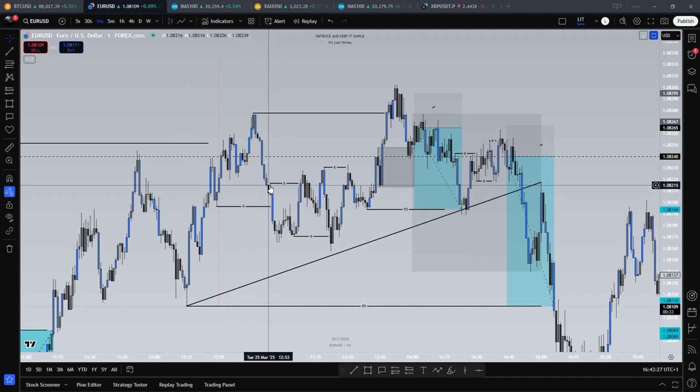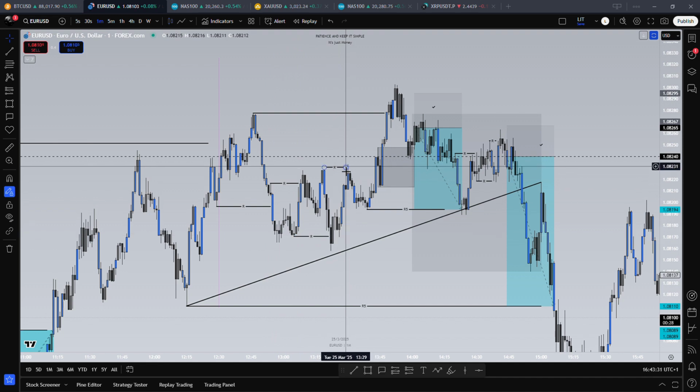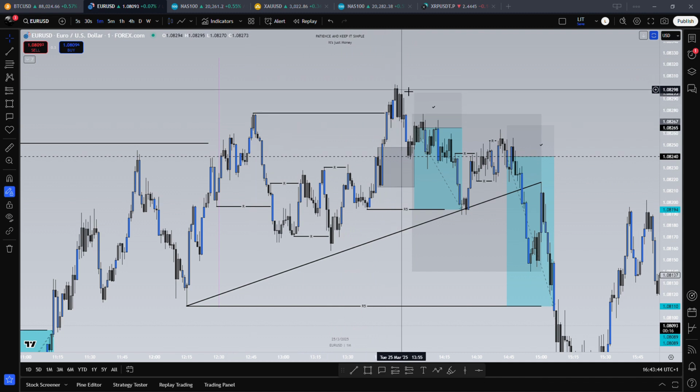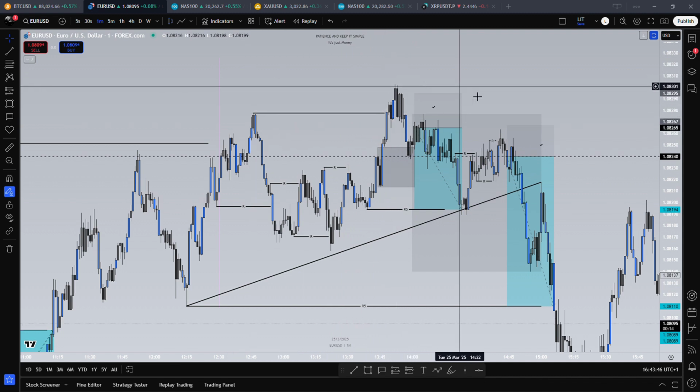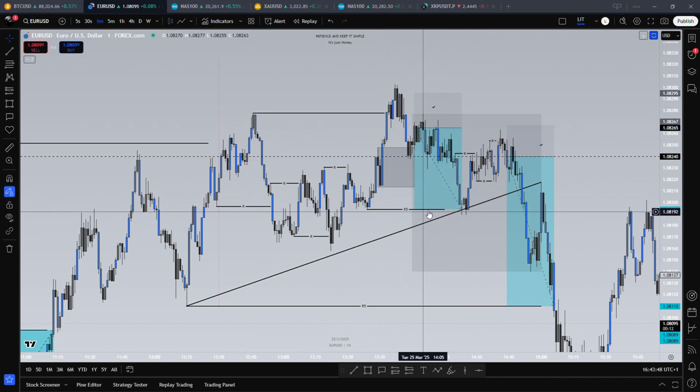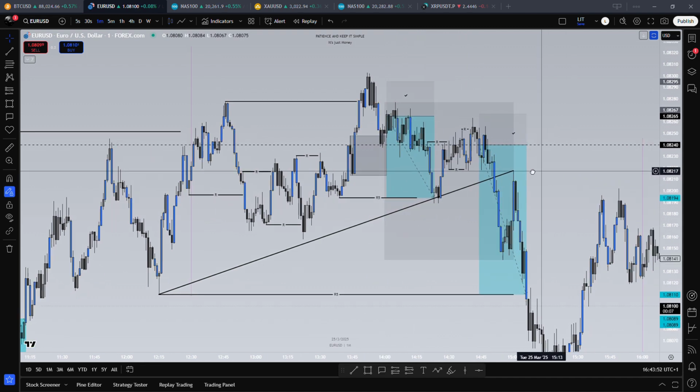So after taking this relevant liquidity, we take the next relevant liquidity, next relevant liquidity, next relevant liquidity. So maybe this is relevant liquidity, but I wouldn't say that. I don't care. It just took another high here on M5, knowing that the relevant liquidity on M5 was this one. Okay,